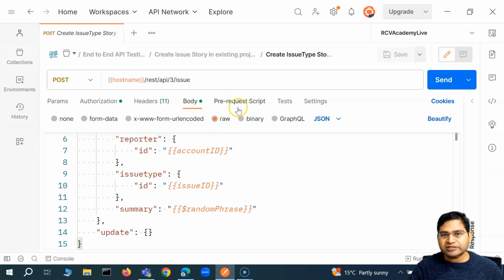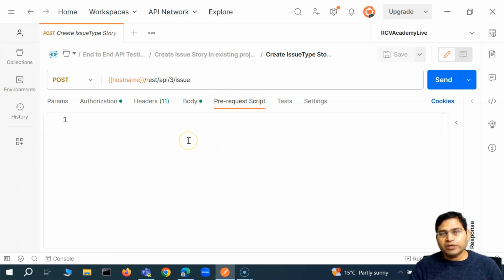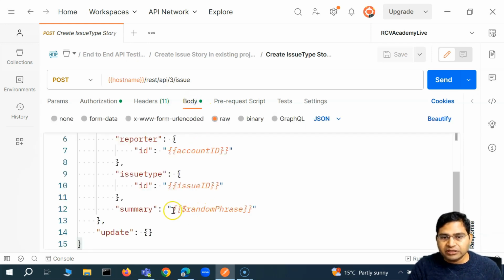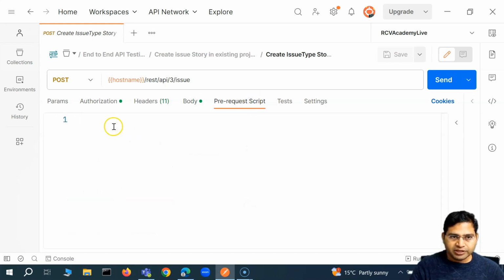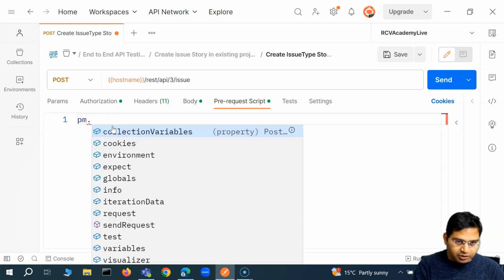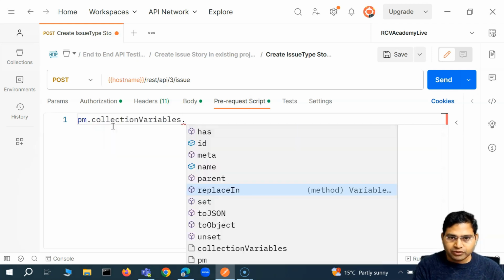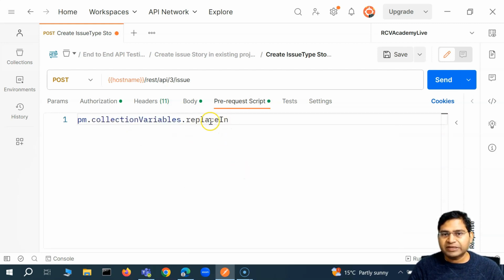We know that whatever you write in pre-request script will happen prior to the request being sent, right? So if we generate a random phrase in the pre-request script, prior to sending it, and then store that particular random phrase in a variable and use that variable instead of directly using this random phrase here, that will work, right? So in order to define that, we can go to the pre-request script, okay, and we can say pm.collectionVariables, and then you say dot, you have a method replaceIn,